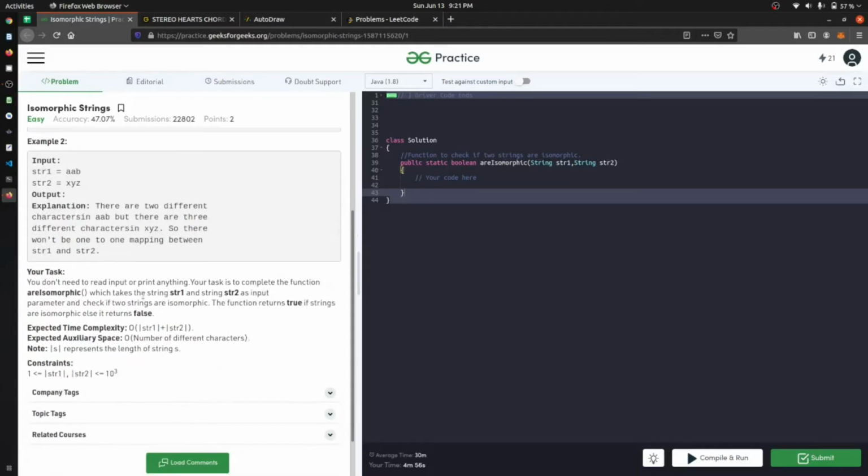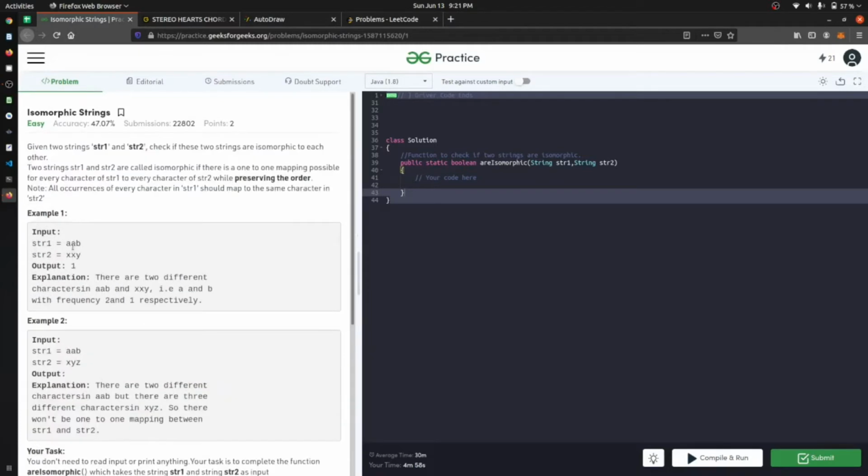You can see that we have 2 a's and 1 b, so 2 comma 1, and for x and y also 2 comma 1, so they are equal. And in this other part it is 2 comma 1 and 1 comma 1 comma 1, so it will not be equal. So let's start by solving it.